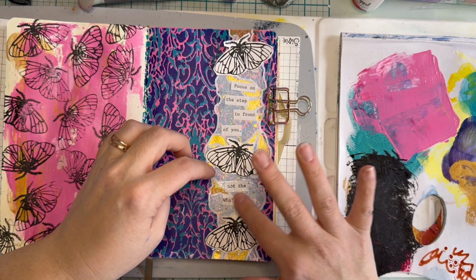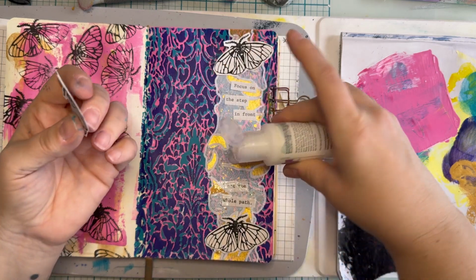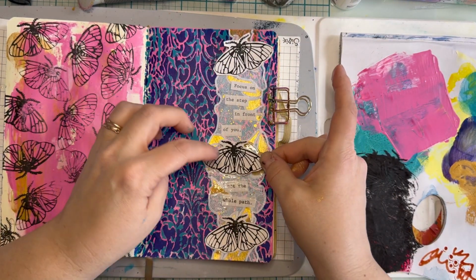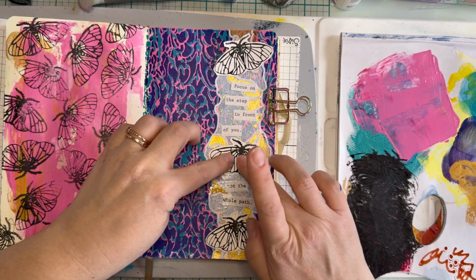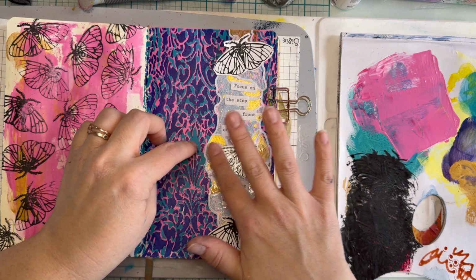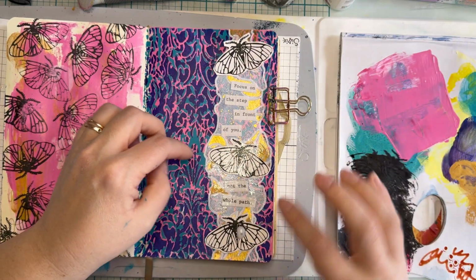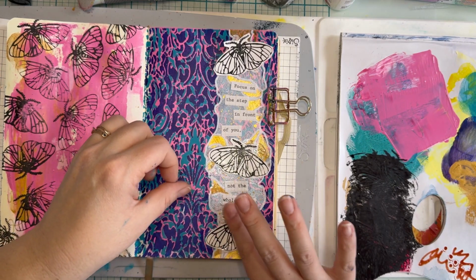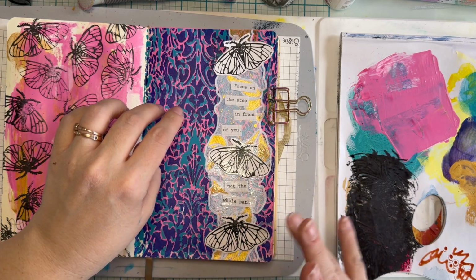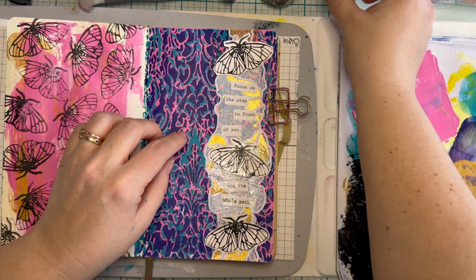works nice. But for these thinner papers, I really do like to use the gel medium, or this is matte medium, same thing, because it just works a little bit better. Okay, let's have this one angled a little bit this way. I like that these are black also. Ooh, that looks nice. Okay, let's put it over the top too, because they stand out from the rest. You know, there's a lot of color and stuff going on. So I'm enjoying the black color on the